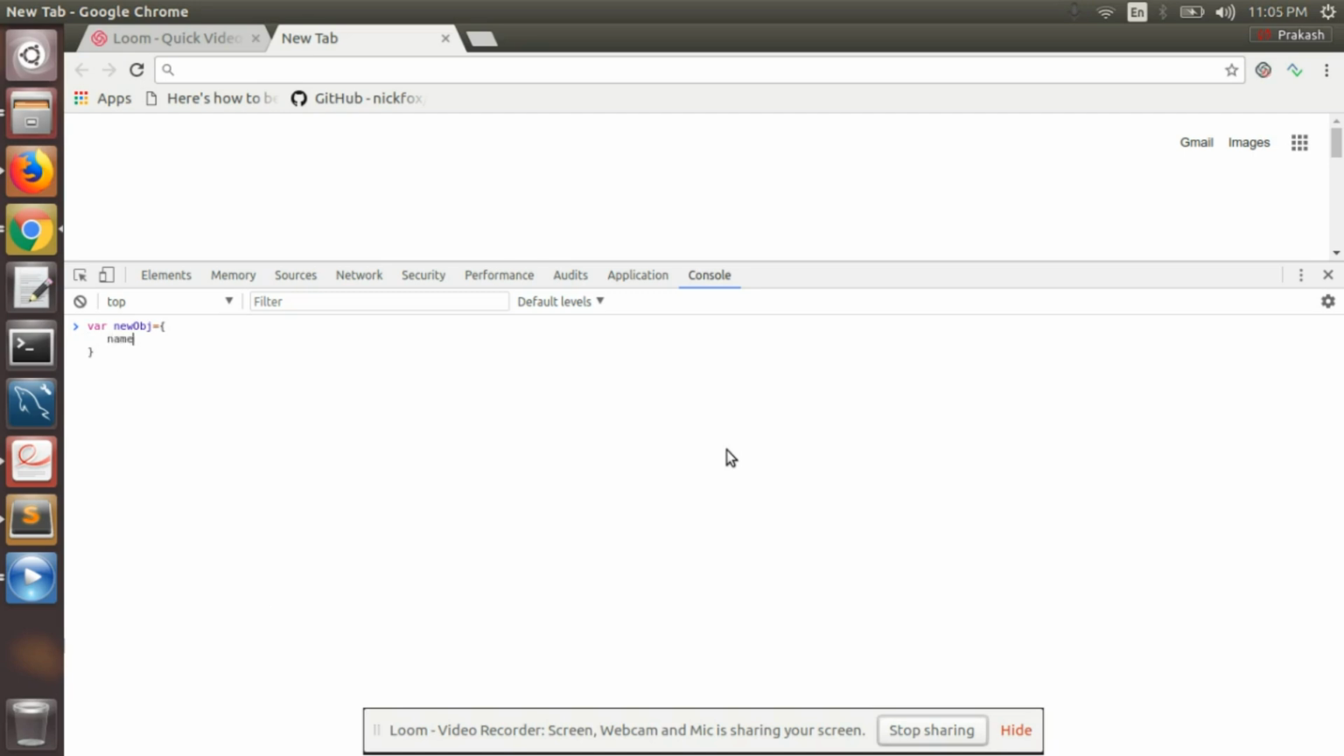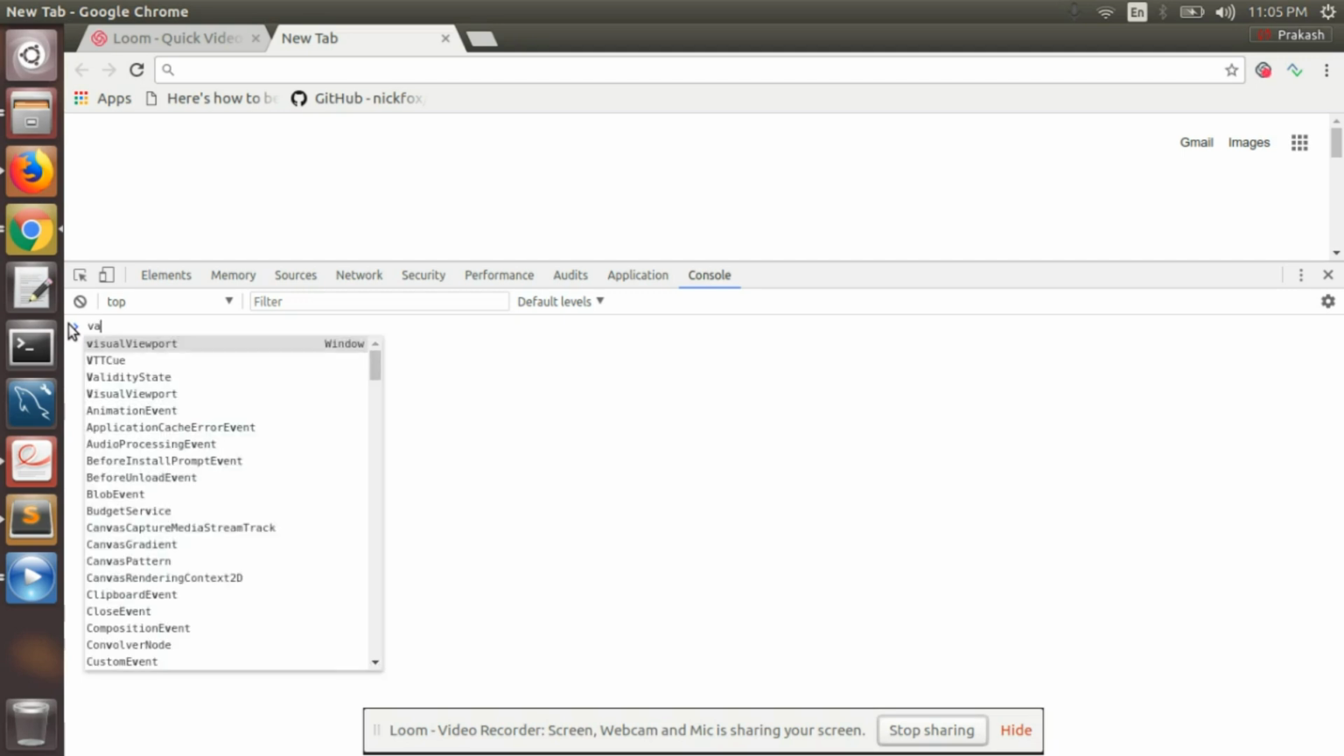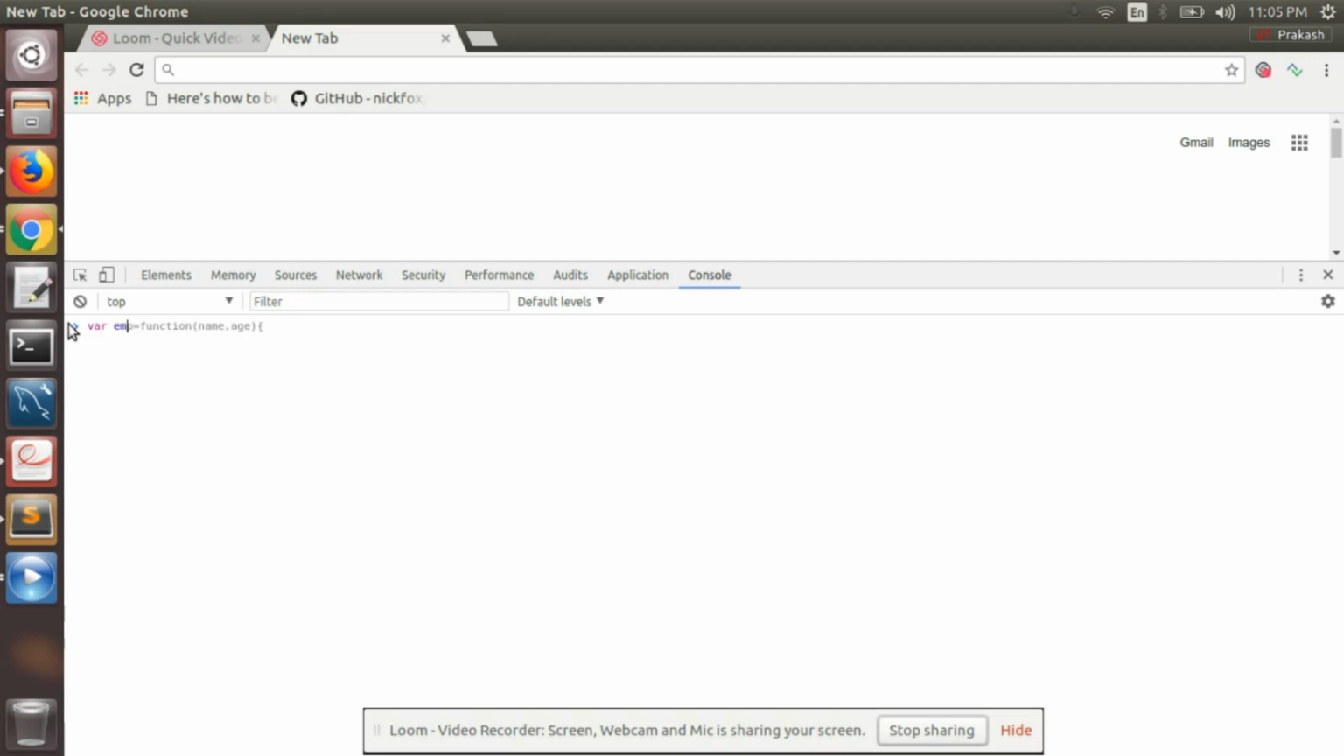So name is a public name. We'll do one thing. We will write the function constructor, then you can understand better. So I'll just give an employee equal, just to use this. So I'll just use this.name is name and this.age is age, and I will write a